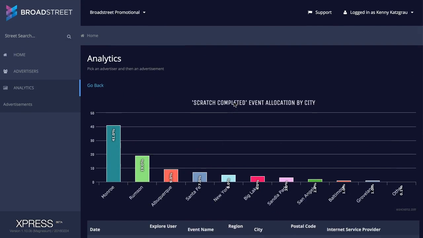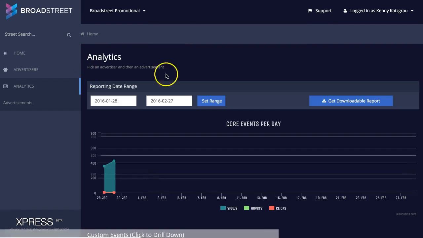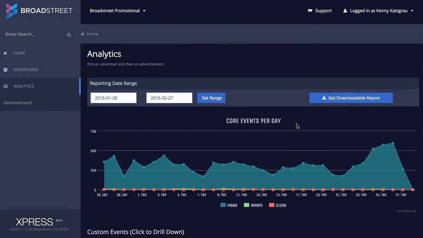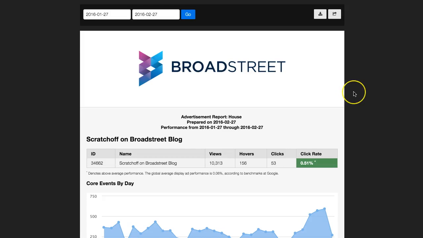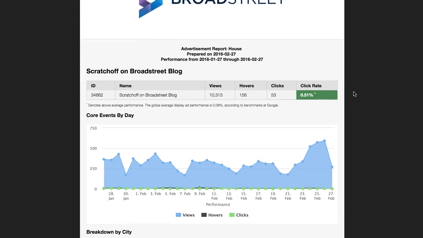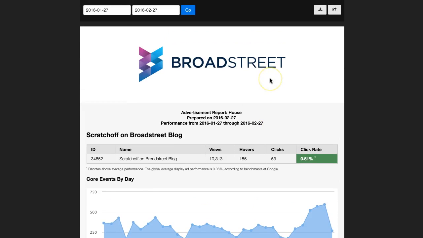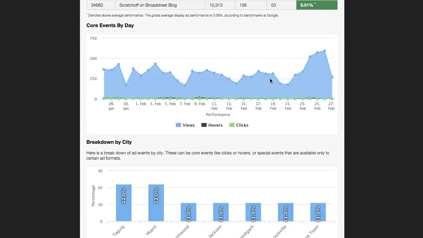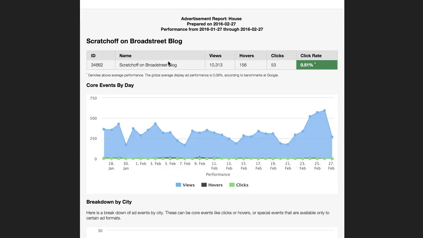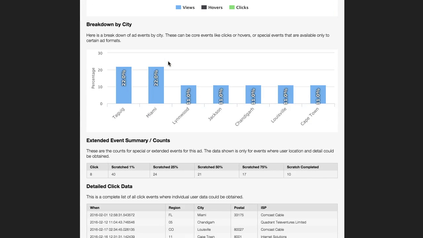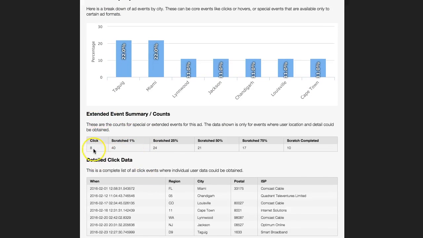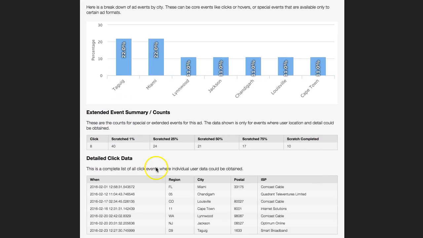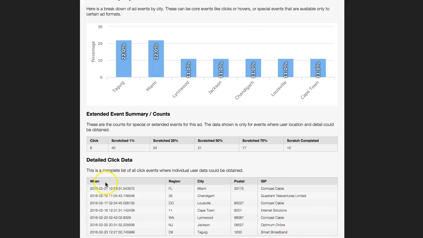So you have all this great information and then you want to present it to your advertiser. So what do you want to do? You want to get a report. You want to get a downloadable report. Let's take a look at what we get here. So here's the scratch off ad, and you get a report. It's white labeled with your logo. All right, and this isn't a PDF yet. This is actually a web view that you can give your advertiser access to. And you can see you get a breakdown by city, the extended summary events. So same metrics that we saw before, and we get some click data right there, all listed right here inside